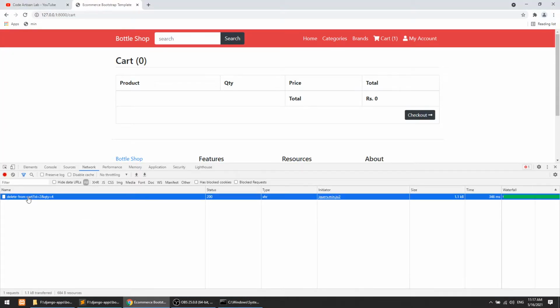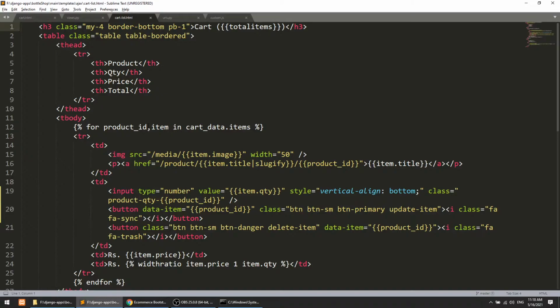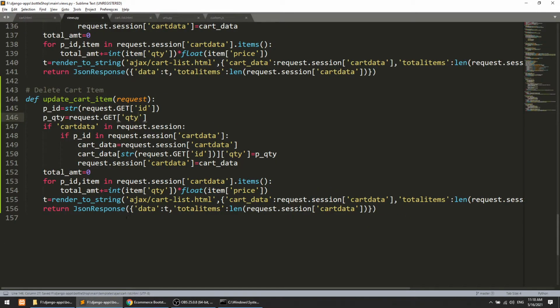Okay, we are passing everything. The data is okay. Let me see this. Cart data, cart items, p quantity, get quantity.